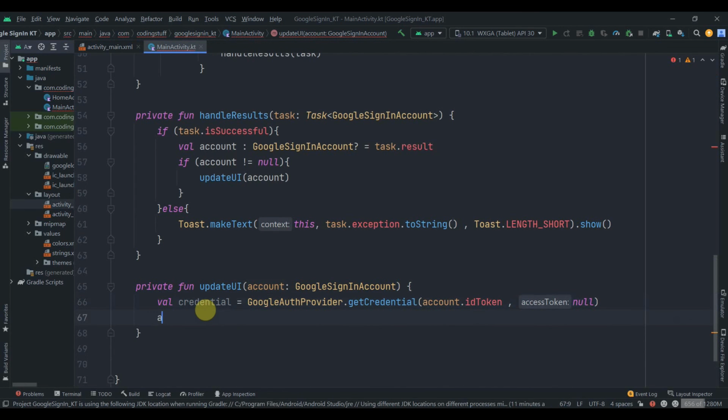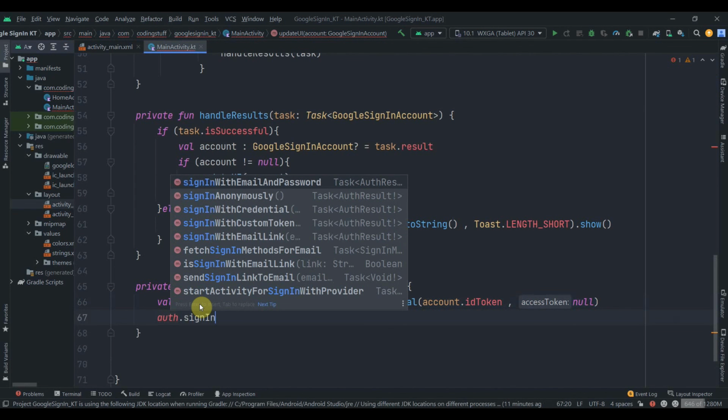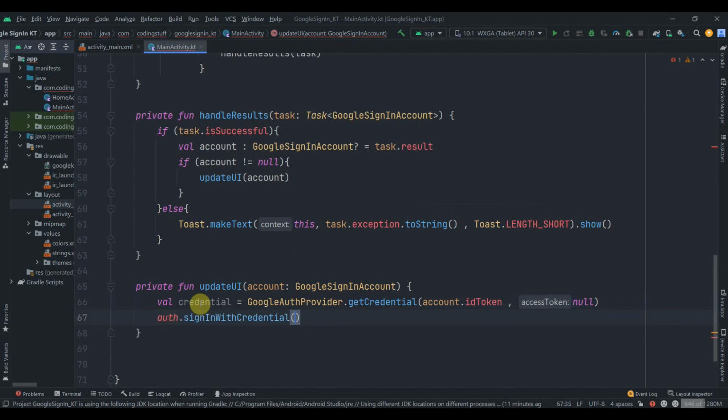And then we need to call one method which will actually sign in the user. So auth.signInWithCredential, and we need to pass this credential there. Again, we can have an on complete listener to this, so addOnCompleteListener,